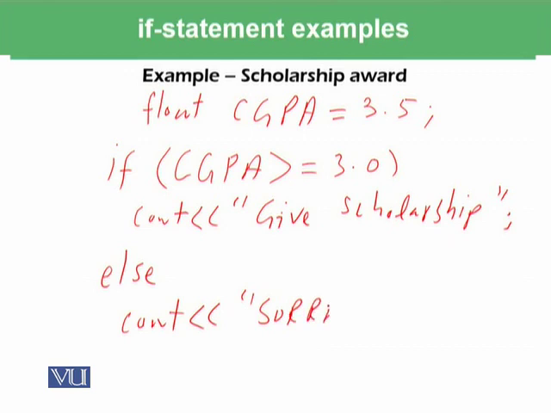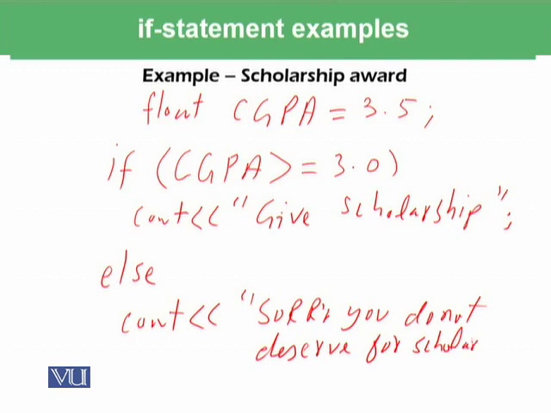sorry, you do not deserve for scholarship. So what do you think would be the output of this program if it is being executed in online C++ compiler? So as the CGPA is 3.5, it will come over this instruction. So 3.5 is greater than equal to 3, condition is true, so it will output give scholarship,